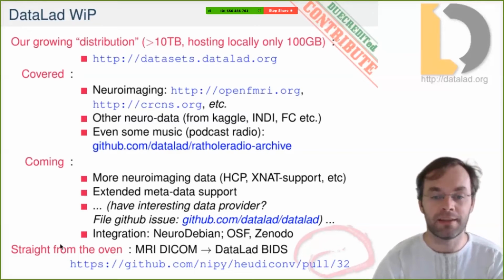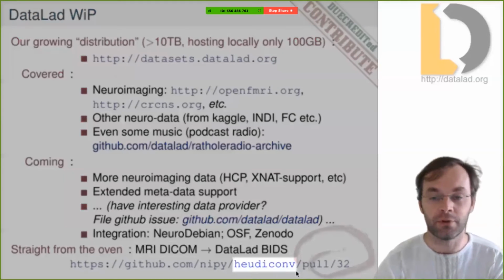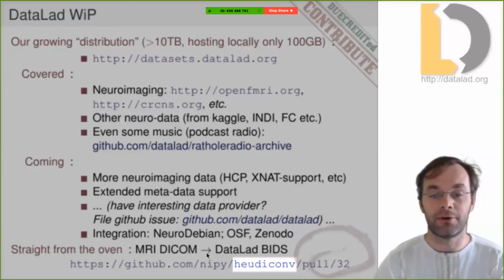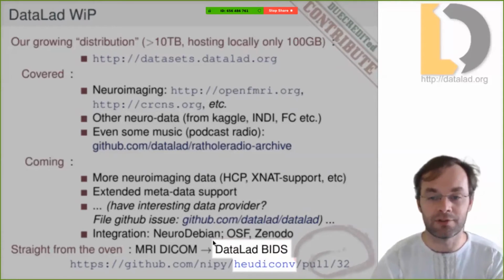Another interesting integration which we've done was to introduce DataLad support into HeuDiConv, which stands for Heuristic DICOM Conversion Tool, which allows you to automate conversion of your DICOM data, which you obtained from an MRI scanner, into NIfTI files. But we went one step further and standardized it to convert not only to DataLad datasets, but DataLad BIDS datasets. If you don't know what BIDS is, it's something you must know nowadays if you do neuroimaging research. It's the Brain Imaging Data Structure format, which describes how you should lay out your files on a file system,